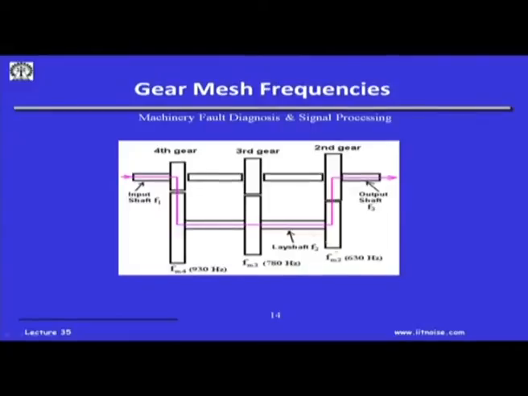So, when we run in the second gear, the gear meshing frequency is 630 hertz, and third gear it is 780, and the fourth gear it is 930 hertz. Gear meshing is nothing but